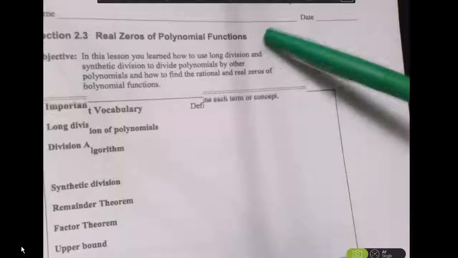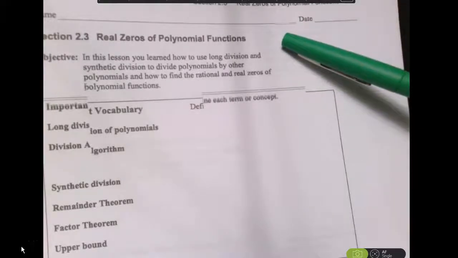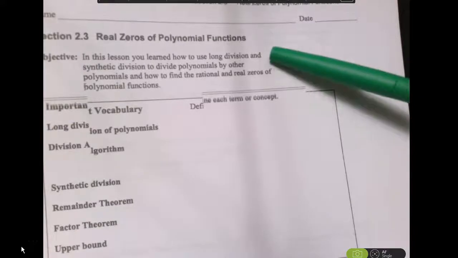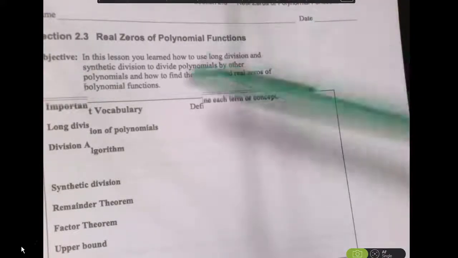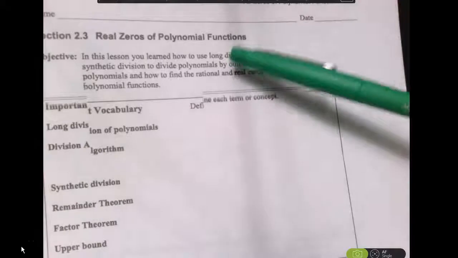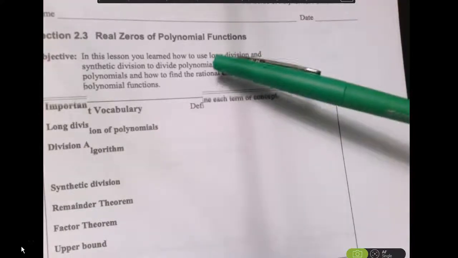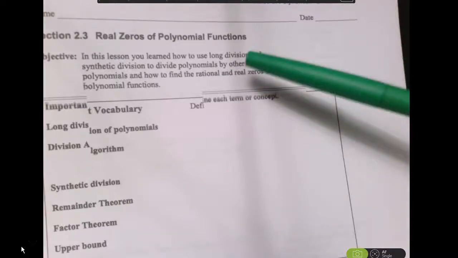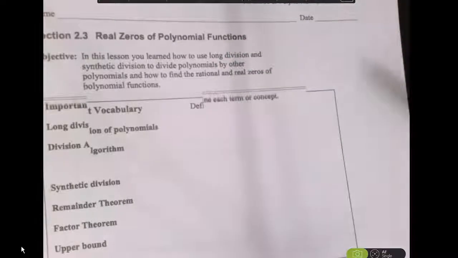We're going to be looking at real zeros of polynomial functions, and this is the unit where we're going to practice using long division and synthetic division. And we're going to take some big polynomials and divide them by other polynomials, and we're going to use those to find rational and real zeros of the polynomial functions. So we're not getting into imaginary numbers yet. That is in the next unit. These are just real zeros and